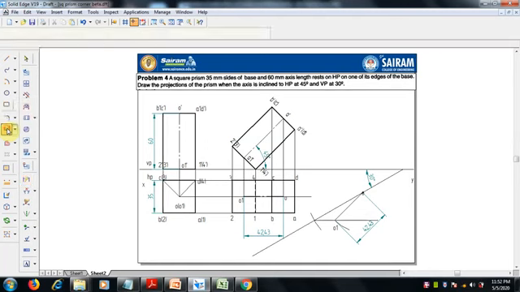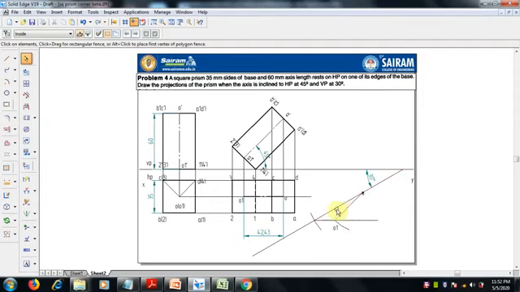So go and select extend, and if you extend this, it will extend, but the same dimension also gets extended. So we can remove this dimension as of now, only the dimension, but extend this up to this.